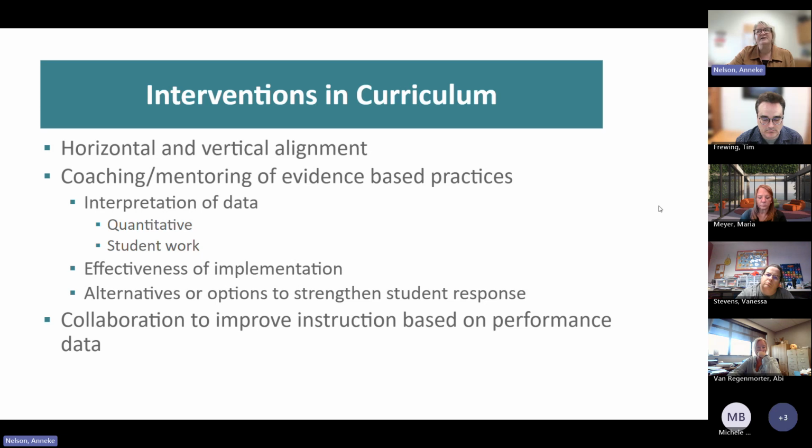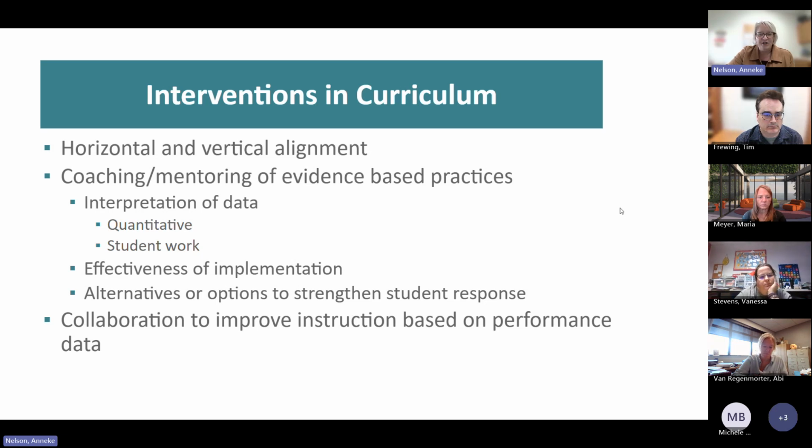So let's talk about some interventions in curriculum. Maybe when we look at this, part of our discussion is leading us to realize that we don't really have great horizontal or vertical alignment. Or maybe we are recognizing through discussions that we are not all using evidence-based practices for instruction within our classrooms. So maybe we need to think about some coaching and mentoring, or how do we